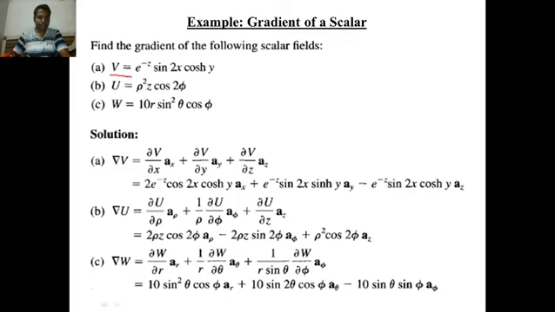Suppose the given scalar is this. For this you have to calculate the gradient of the given scalar. Now you can note down here your given scalar, z is involved, x is involved, that means v is given in Cartesian system. That's why to solve the first bit they have used the formula of gradient in Cartesian system. Straight away what you have to do, you put this v value here, here and here, and take the derivative with respect to x, with respect to y and with respect to z.